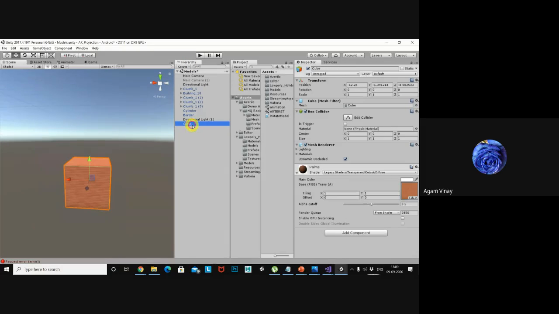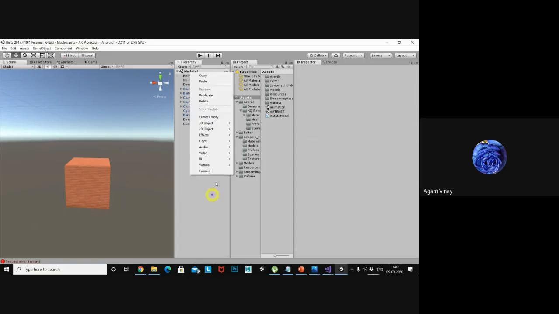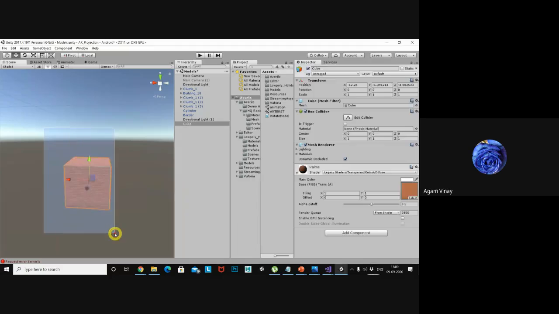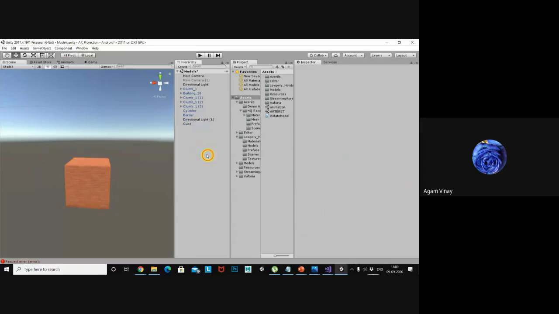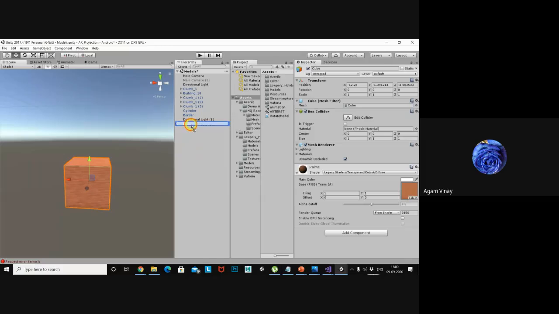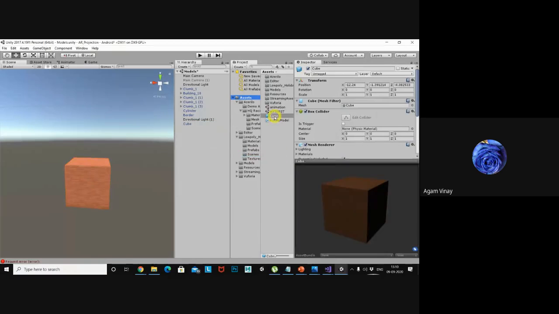Say the same model I want to use in some other scene. If you have 1 to 10 scenes, every time you are not going to create a 3D cube and apply the texture. That's the reason the concept is called prefab. Just drag and drop into your assets, and it becomes a prefab.